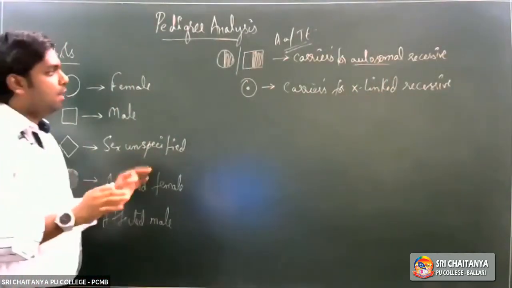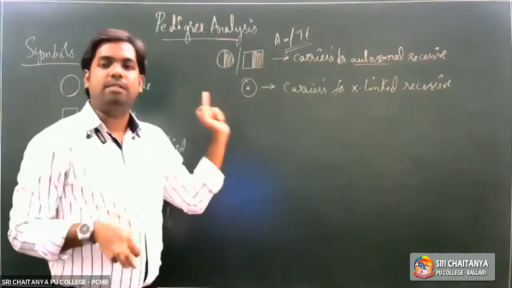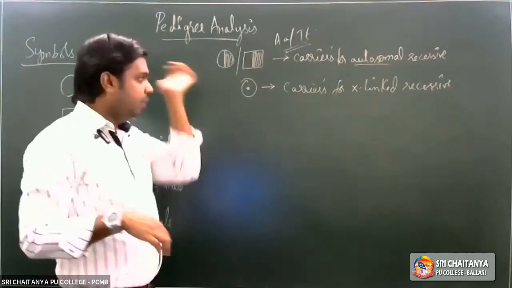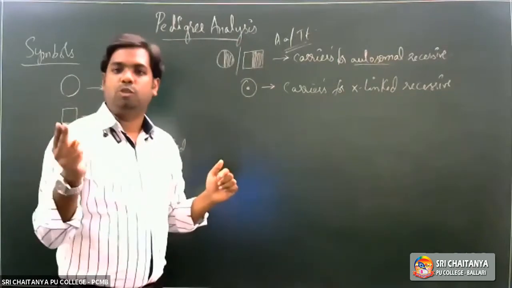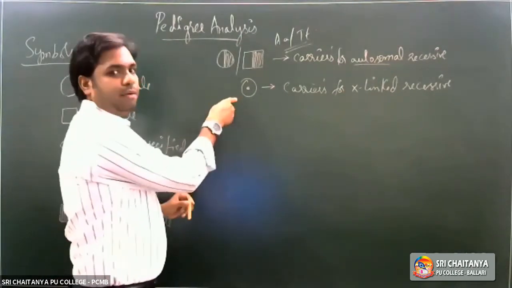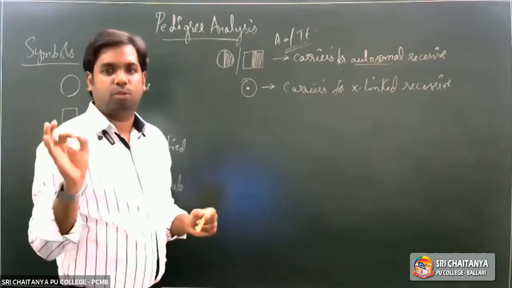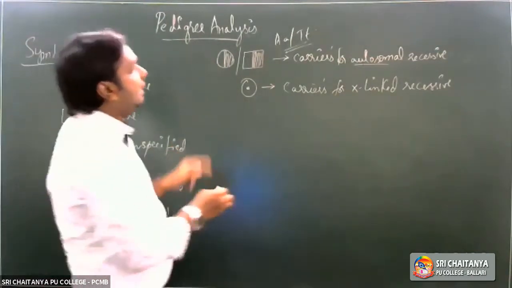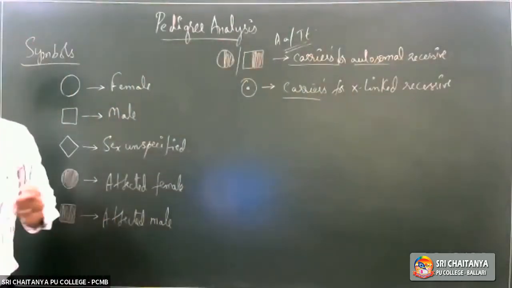But again, remember, as I've already said, it is seen only in females, whereas males cannot be carriers. I also told you why: in males there is only one X chromosome. In females, since there are two X chromosomes, one mutation in one of the X chromosomes would lead to a carrier. That's not the case in males because of the presence of only one X chromosome. So technically, this is how we represent carriers for both autosomal recessive and allosomal recessive disorder.